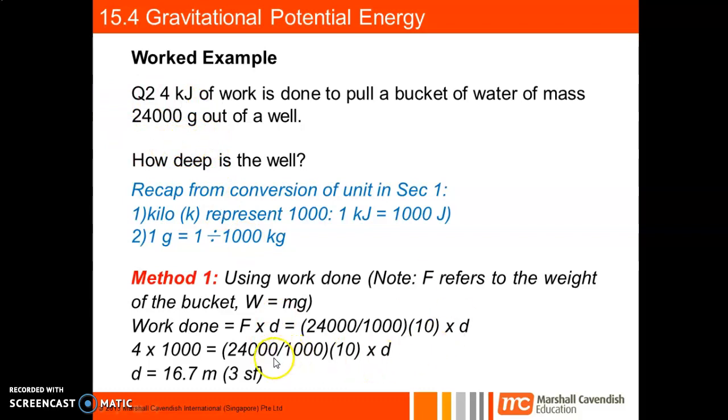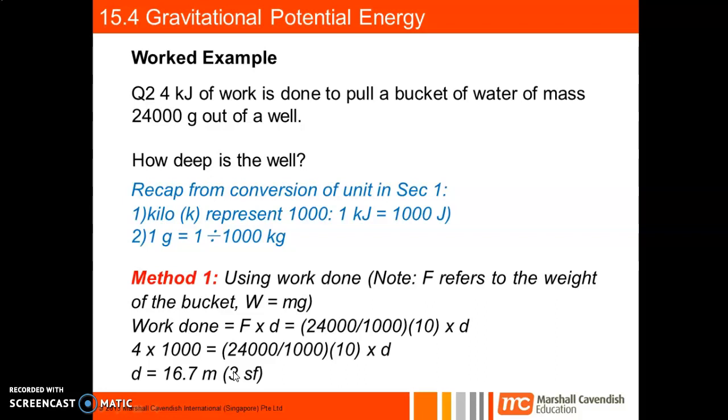So which is 24,000. Why I divide by 1,000 in this case is because I'm trying to convert it into kg, times 10. So remember W equals mg, right? So mass times gravitational field strength times d. Then I will get my units. I'll get my answer 16.7 meters, and take note that this is actually a rounded off value to 3